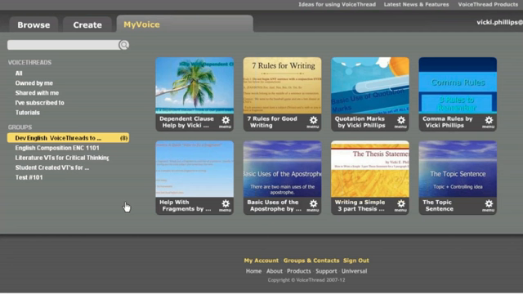VoiceThread actually has an integration with Flickr. When you're creating a VoiceThread, or if your students are, and they want an image for a particular slide, they can click on the media sources button, then click on Flickr, and search for images that have Creative Commons licenses. It'll pull them right over from Flickr and include a link to the image, which covers the attribution part of the licensing. So that's one way that helps a little bit within the VoiceThread creation process.